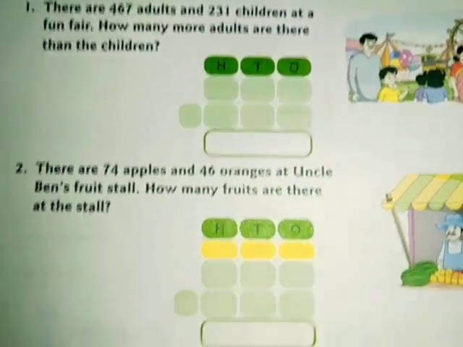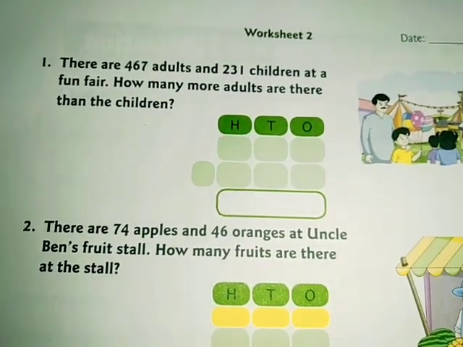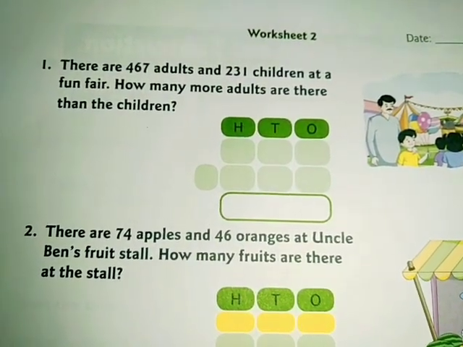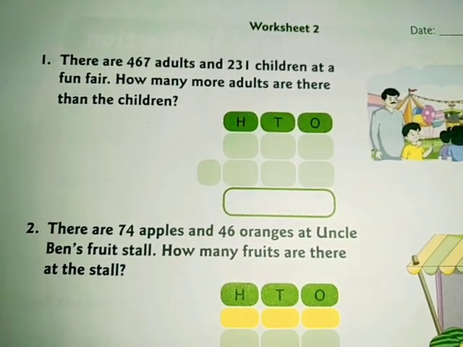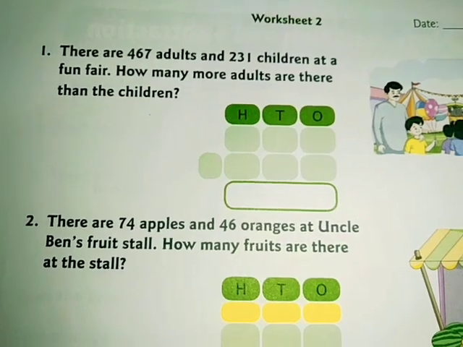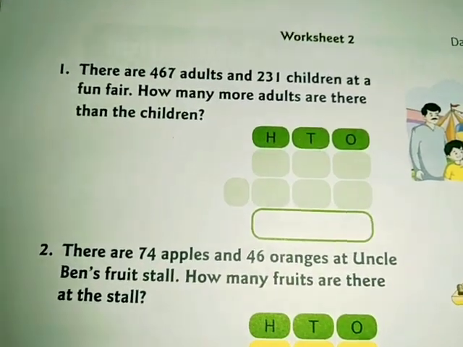Coming to worksheet 2. In worksheet 2, we have 3 story sums. There is space given in the book to do them, but for examination purposes, you will have to write a proper statement and do these story sums. So I will ask you to do these story sums in your copy. I have also done the story sums in a copy, and I will show you how it is to be done. First, let us read the story.